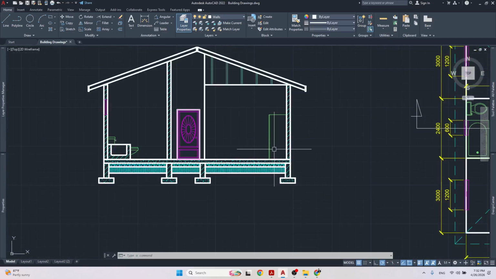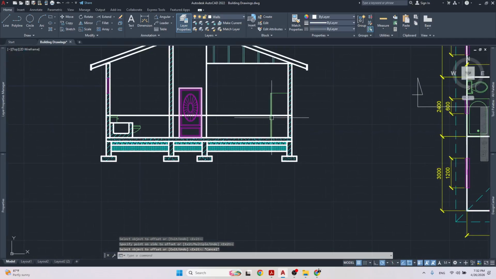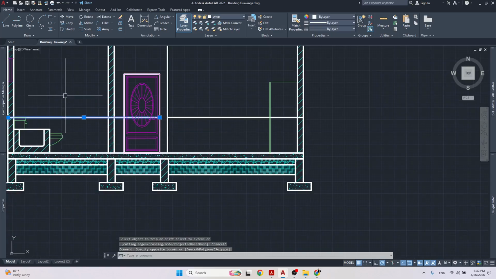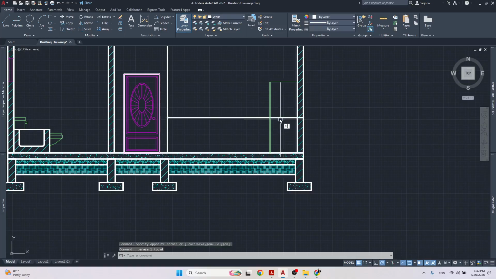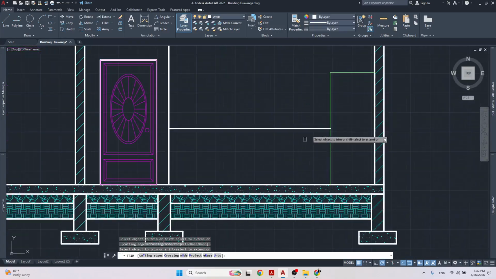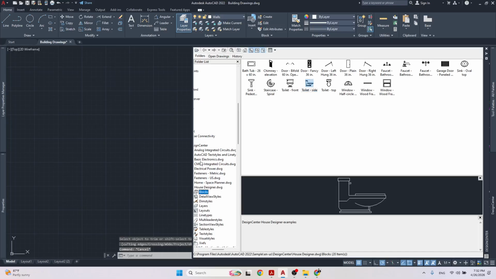I need to put a line offset 900 because that's the height of the counter. Alright, so right there, let me just trim away this and then I can delete this. I'll keep this one, delete these. Alright, that's my counter. I should have a stove